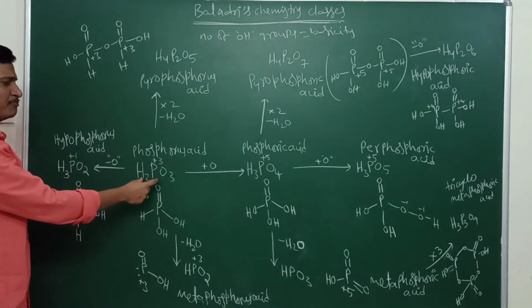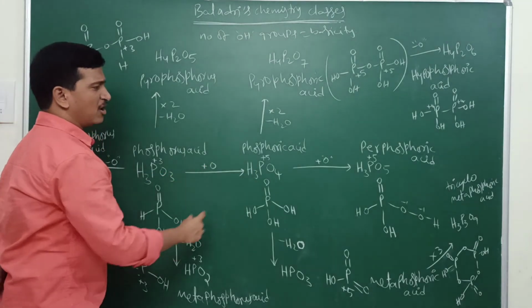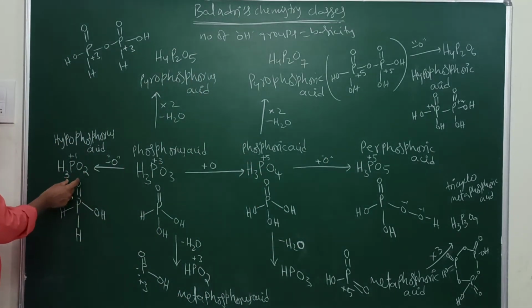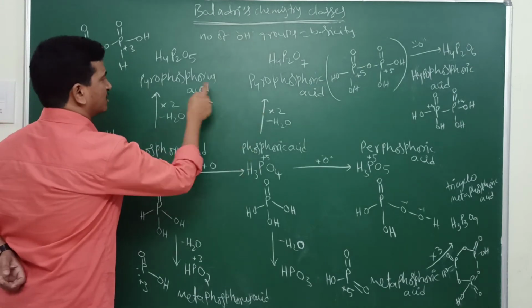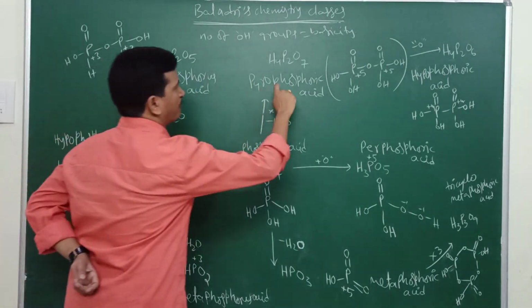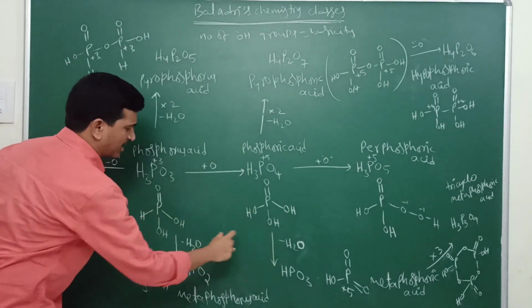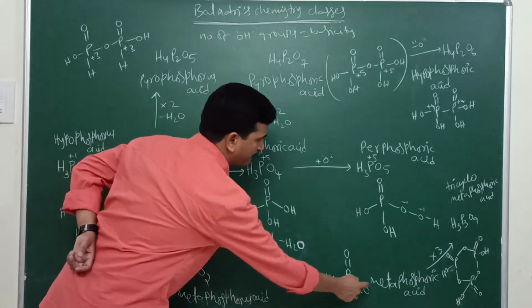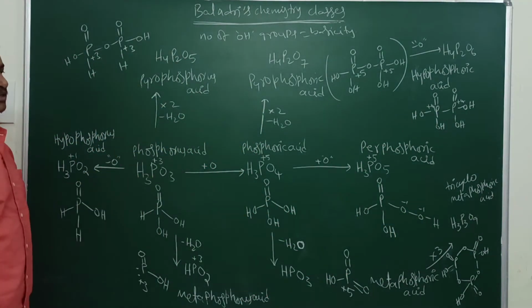Now first start from phosphorus acid. For phosphorus acid if you add 1 oxygen, phosphoric acid; plus 1 more oxygen, perphosphoric acid. By removing oxygen, hypophosphorus acid. By multiplying with 2 and removing water, you will get pyros. From pyro, if you remove oxygen, you will get hypo. Directly you can remove water molecules, and you will get meta acids. This metaphosphoric acid exists in solid state as a trimer, H3P3O9, called tricyclometaphosphoric acid.